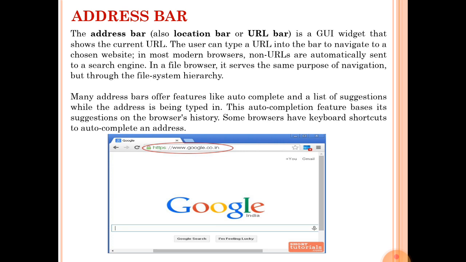When the user types some of the URL, you can see at the bottom of the address bar a list of suggestions shown by the web browser.